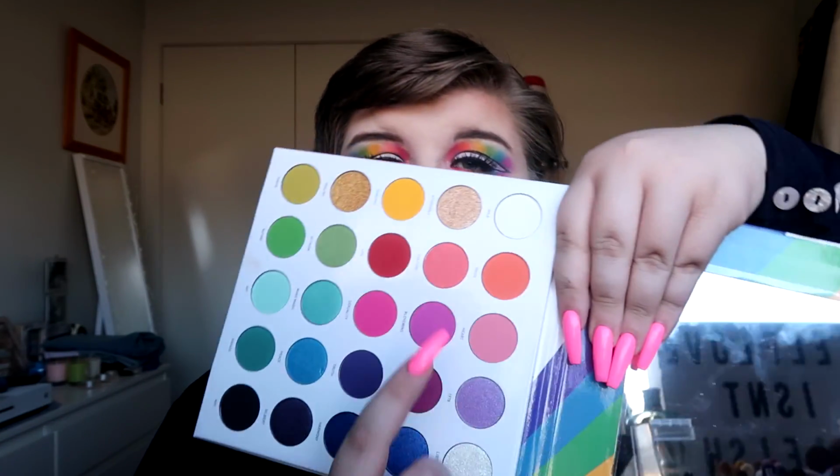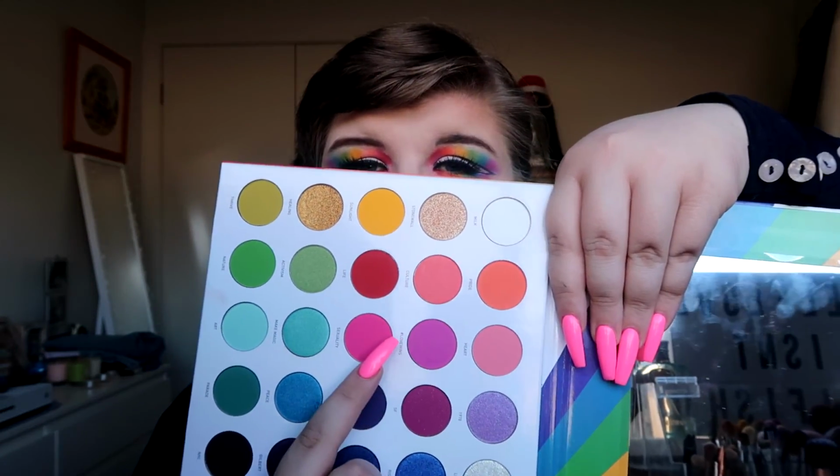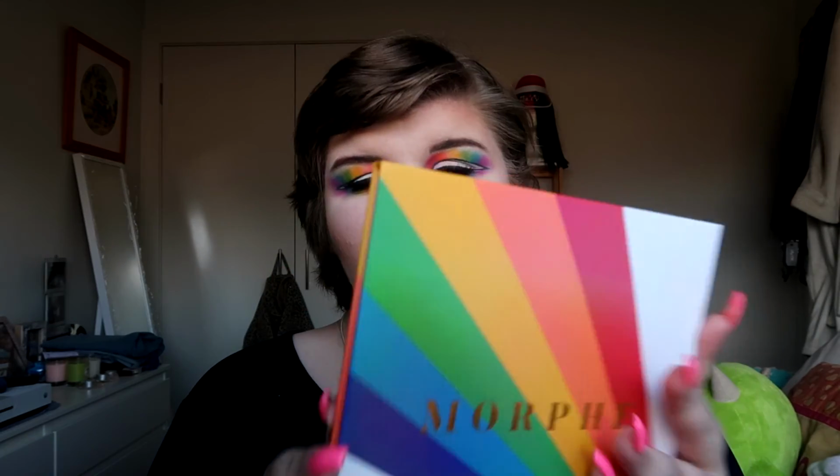The purple is actually really nice. It doesn't look as purple in the pan because it looks more like a pink, but on my eyeballs it looks great. So overall, the packaging itself is fantastic. I love this. Obviously it goes all the way to the back, and then when you open it, the biggest thing I love is the mirror also, and the quote at the top,